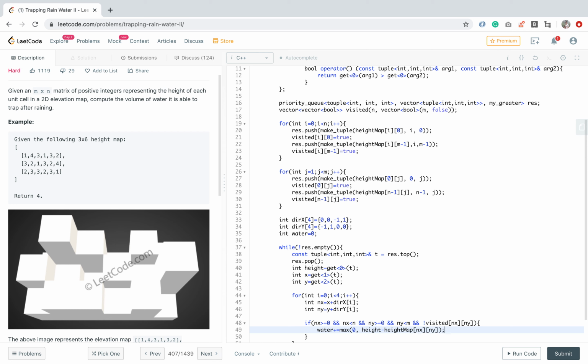From the minimum node we travel to the neighboring node; if the neighboring node height is less than the current node, then only can we hold water, otherwise we can't hold any water.